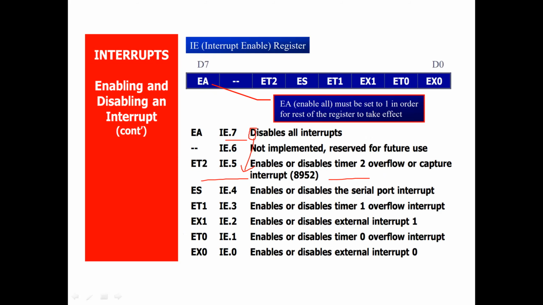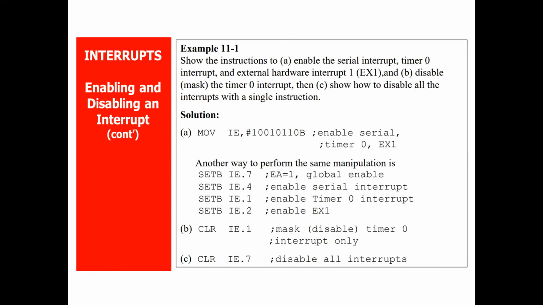For example, ES is nothing but the serial interrupt. You can enable or disable it by setting this particular bit. Similarly, timer 0 and timer 1 are timer interrupts, which are software interrupts. You can enable or disable them by placing 1 or 0: 1 is enable, 0 is disable. Then timer 1, external interrupt 1, timer 0, external interrupt 0. We have 5 interrupts, and including reset, we have 6. Reset, we are not going to do anything.